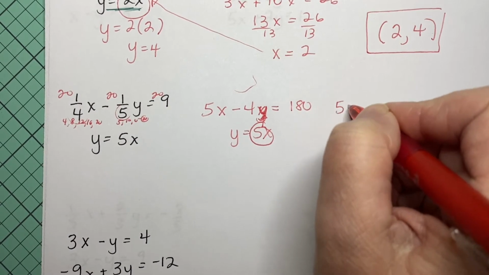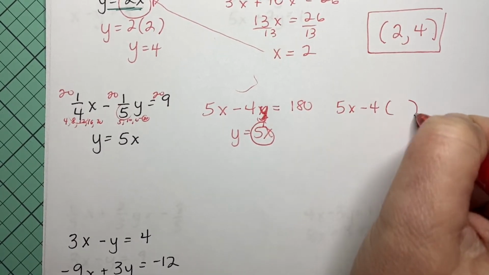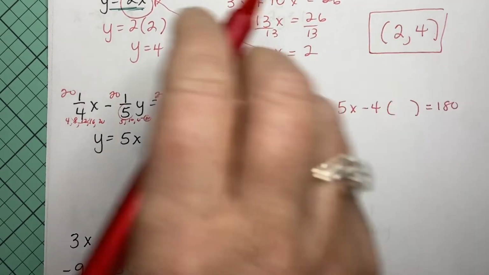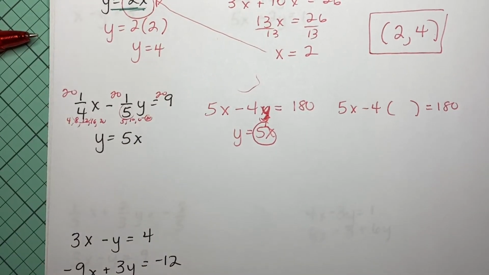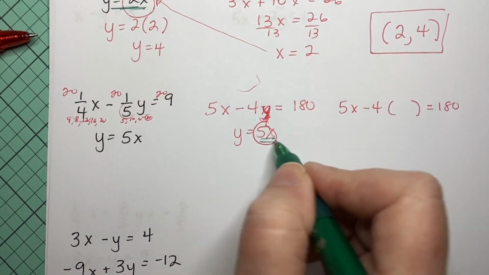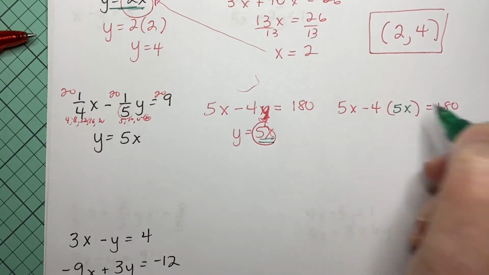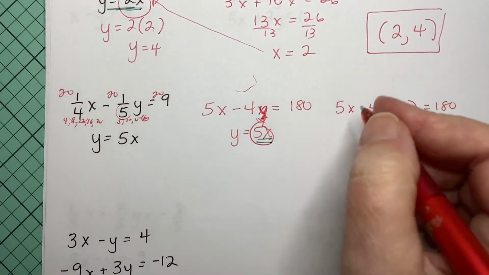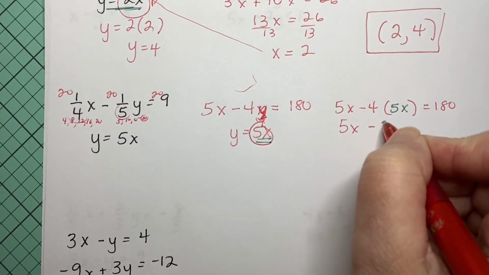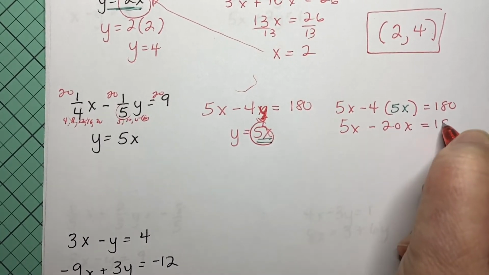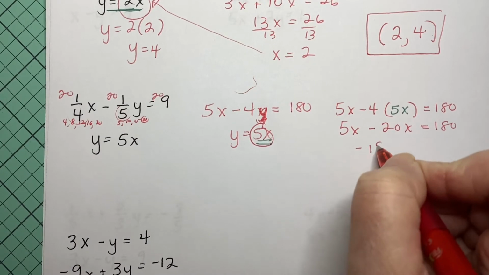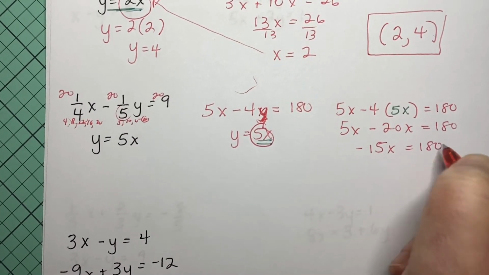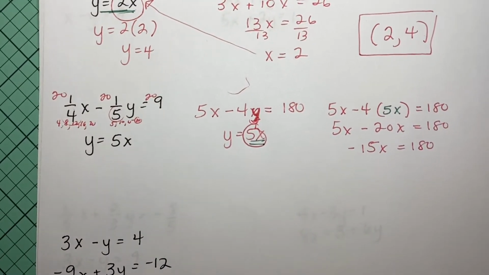So it becomes 5x minus 4 in parentheses equals 180. You always put in parentheses whatever you're plugging in. And then since y equals 5x, I'm going to put a 5x in right there. So I get 5x minus 20x equals 180, or negative 15x equals 180, or 180 divided by 15,